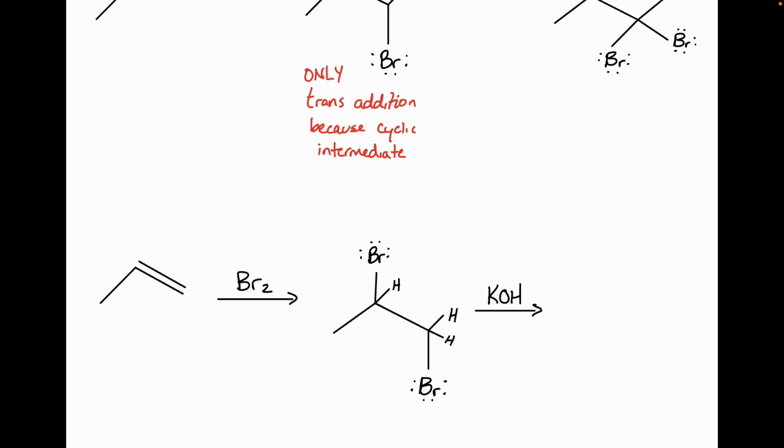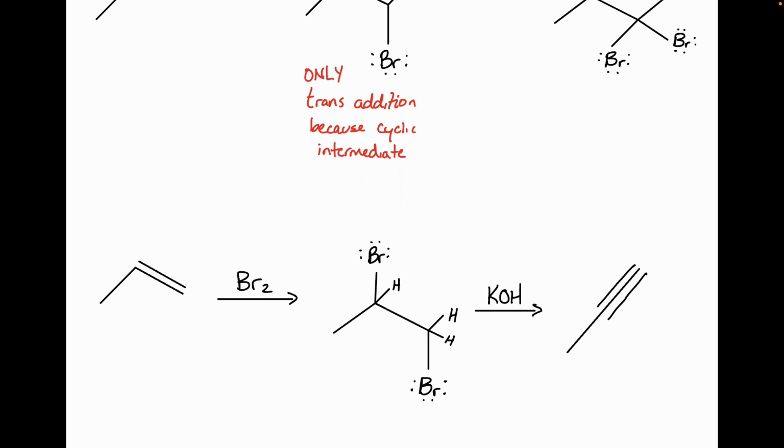What we get is what's called an elimination reaction to produce an alkyne. Right, which, like, ding, ding, ding, is the topic of this chapter. So this would be a method for preparing alkynes from